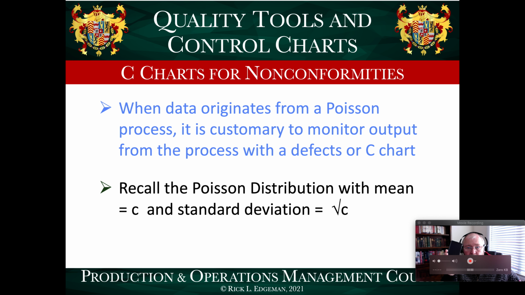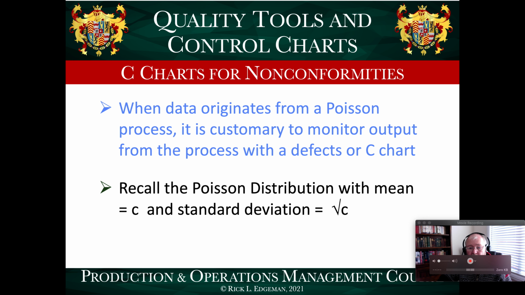So those are formulas, and the formulas are actually approximations. So what is it that we would have? We would have C plus or minus 1, 2, and 3 times the square root, recognizing that below the center line, 1 or more of those lines that we're obtaining coordinates for might not be operative. That is, if the calculation delivers a negative result for the lower control limit, then simply speaking, you don't have a lower control limit, and you can't plot below zone A on the lower side. On the upper side, yes. Lower side,